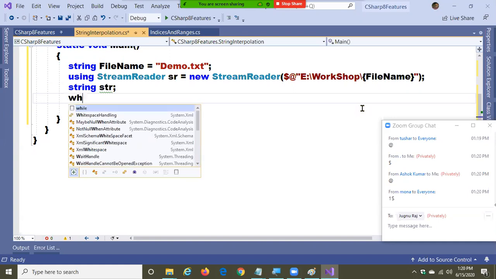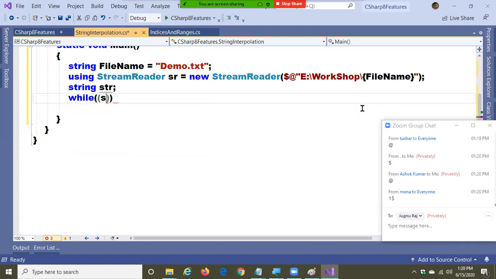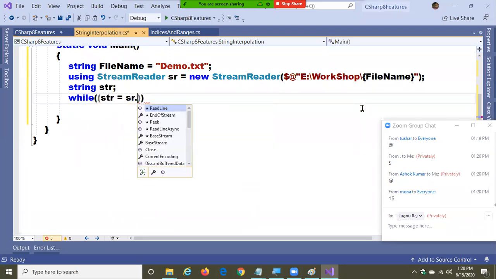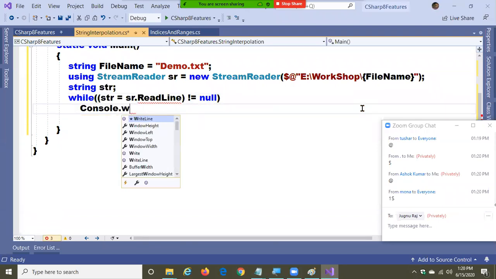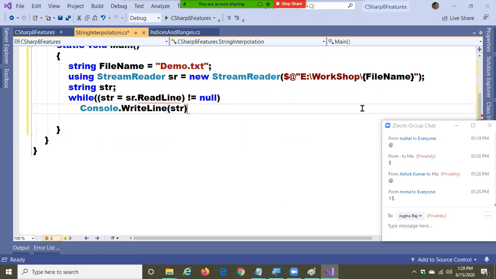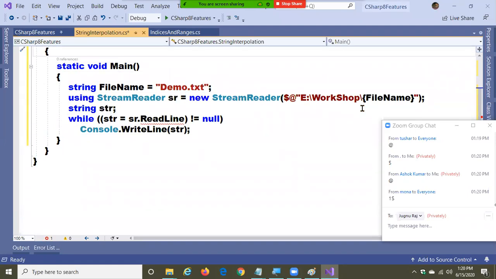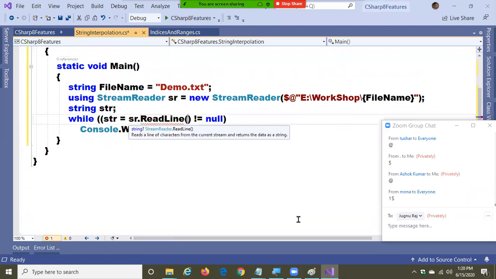See here? While str equals sr.ReadLine not equal to null, Console.WriteLine(str).